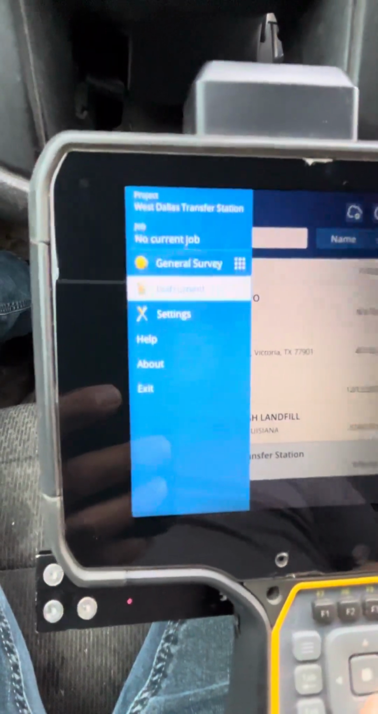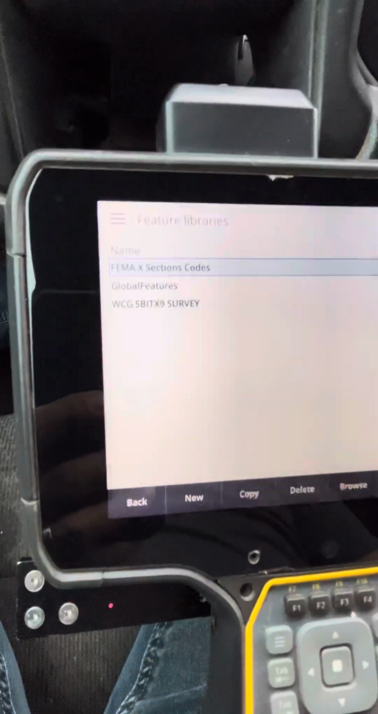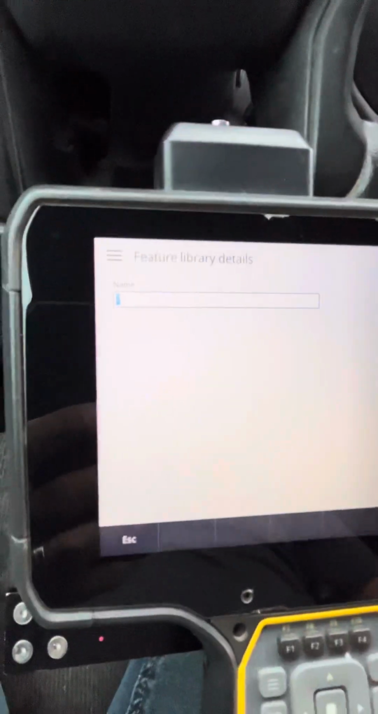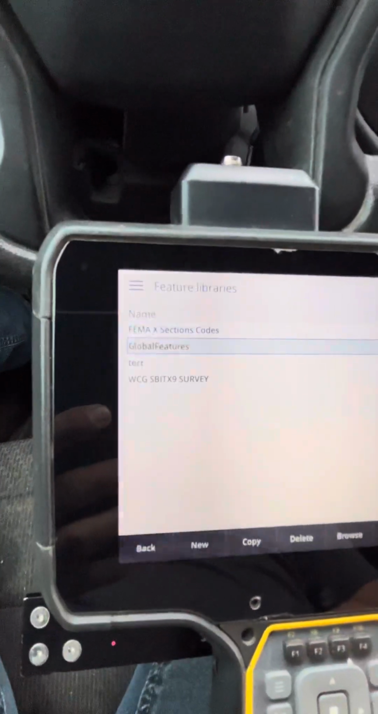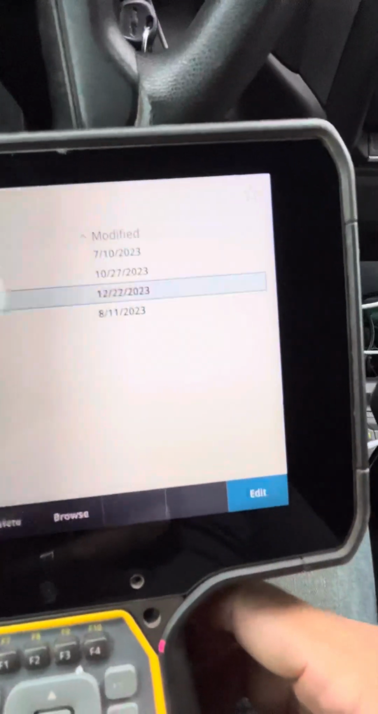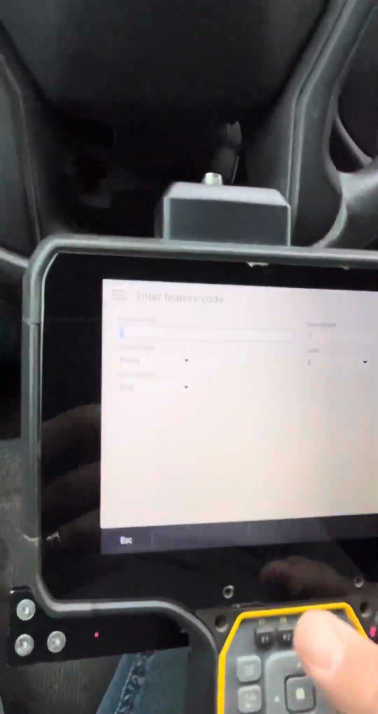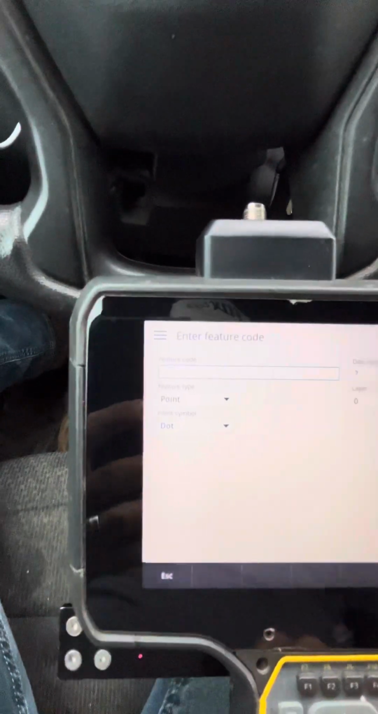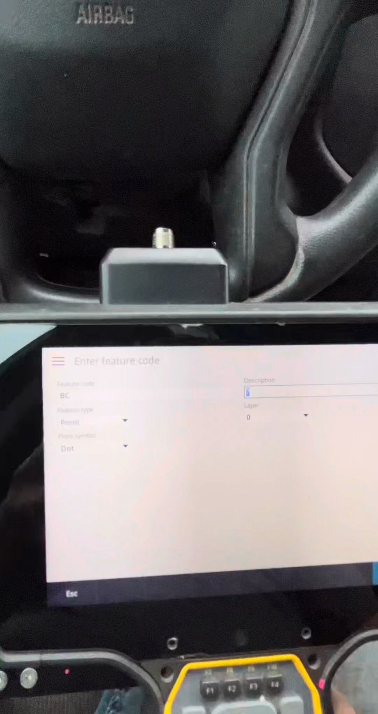Hamburger menu, settings, feature libraries, new. I'm going to call this one test, just to put one on there. Edit. No features exist. Add, feature code, BC, let's turn the caps on, BC, description, back,